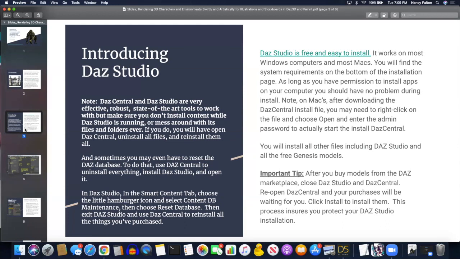Every so often, it is possible if you do actually mess up your DAZ installation, which has only happened to me, I think, once or twice. And I did it, I'm telling you how I did it. If you ever mess it up, what you do basically is you go into DAZ Central, uninstall everything. There's uninstall buttons, uninstall everything. And then